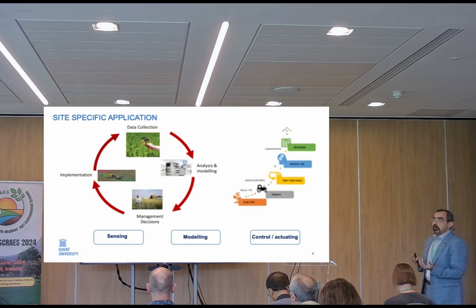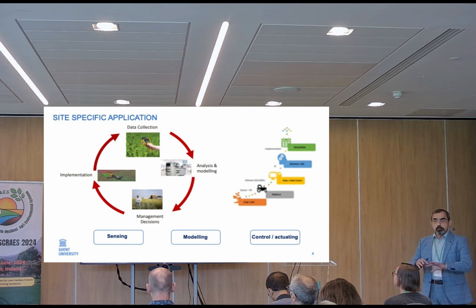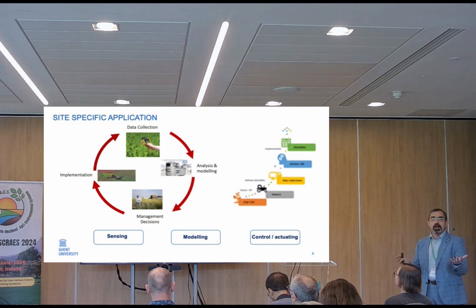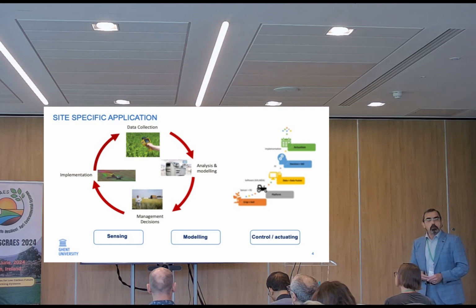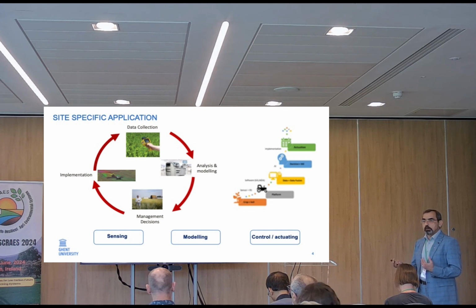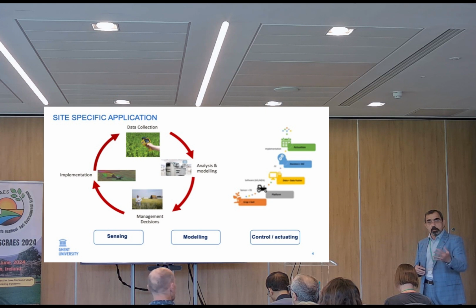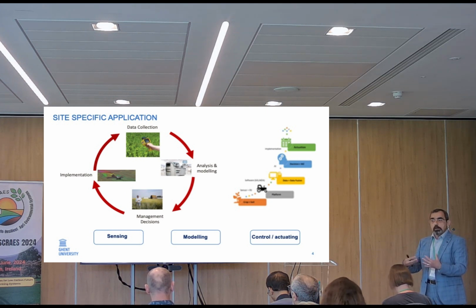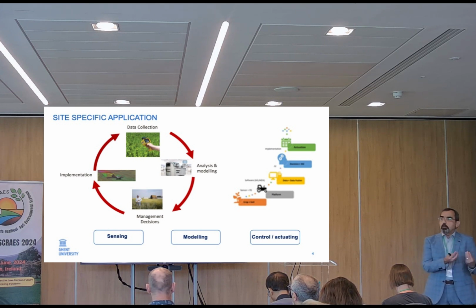The first one is sensing. You have first to map the spatial variability at high spatial resolution. And to do so, you need to use advanced sensor technologies. You cannot rely on laboratory-based sampling analysis because it's very expensive, slow, and will not deliver the task that we hope to have from these sensor technologies. And then we need to do advanced machine learning and geostatistical modeling to transfer the data into information. When I say data into information, I want to translate the spectral data into nitrogen or carbon or phosphorus